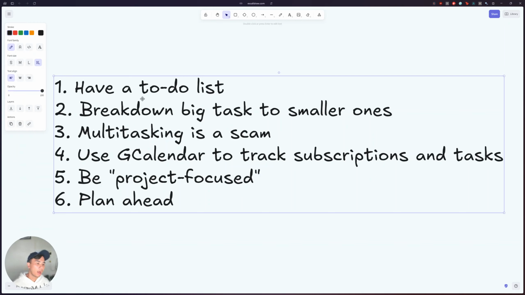For example, I subscribed for a free trial on this tool that's gonna end in 7 days. Instead of waiting for their email that my subscription trial is gonna end, I just go to Google Calendar, put an event there, and remind myself to unsubscribe from the tool. Or for example, if you've got a deadline for a client, just put the deadline there, right?